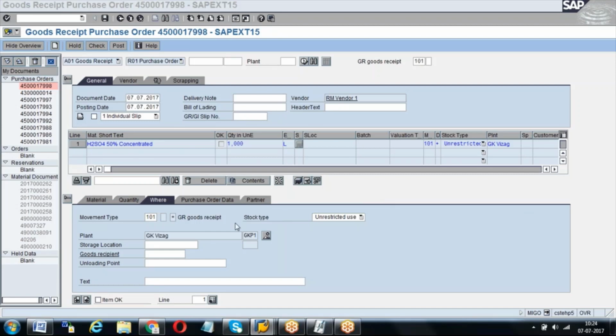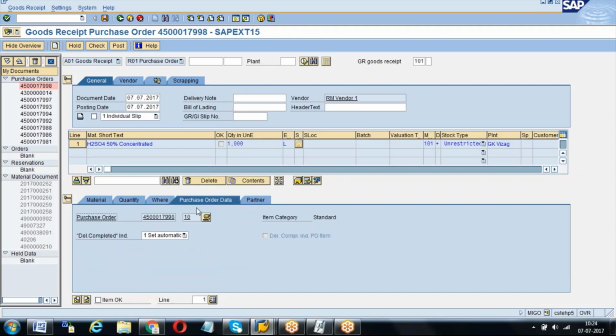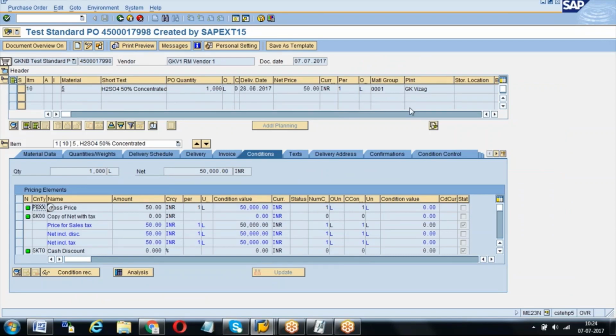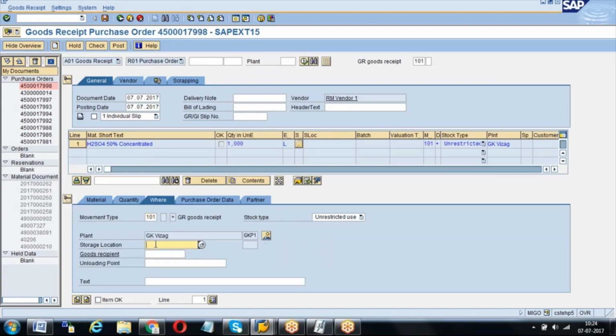Okay. When you see this purchase order, we are doing the goods receipt with reference to the purchase order. When you do goods receipt for a purchase order, plant is not editable because plant comes from the purchase order. So you can see it in display mode. Storage location also, if you have given it in your PO, that also will come as a default. Okay, for example, if you have given a storage location in your purchase order, then that also will come as the default, but it will be in editable mode because we can change it.